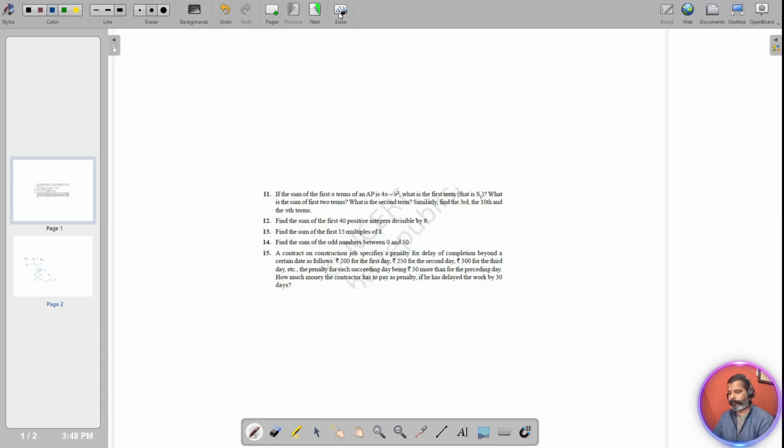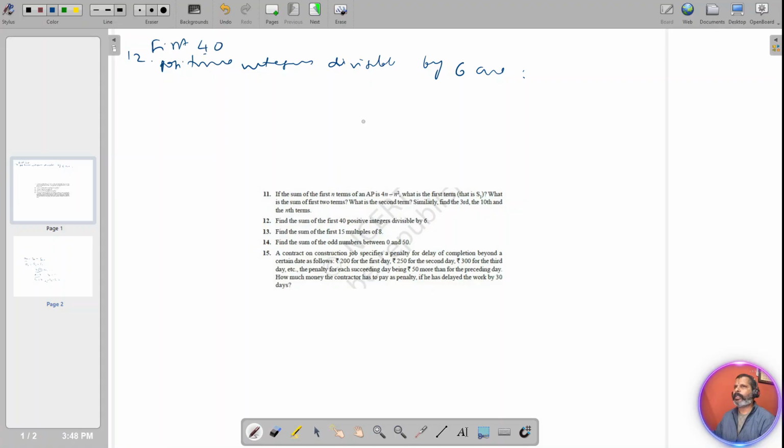11th is done. 12th, find the sum of first 40 positive integers divisible by 6. It's a kind of important, easy question. So we'll just write positive integers divisible by 6. The first positive ones, but there will be an infinite number. So you say first